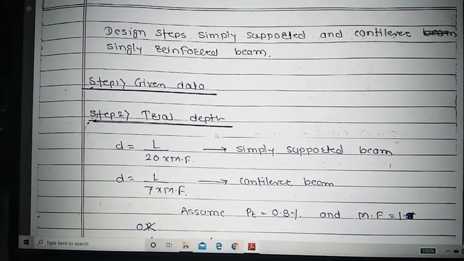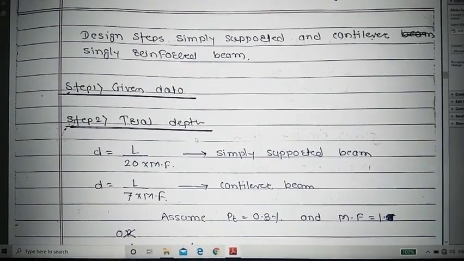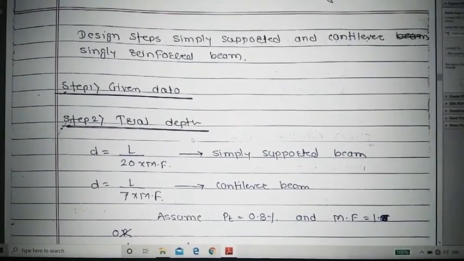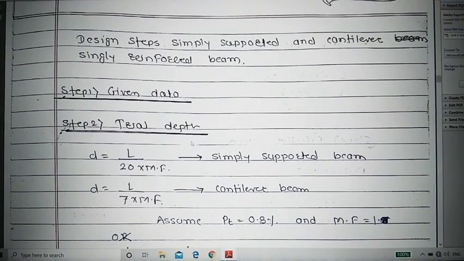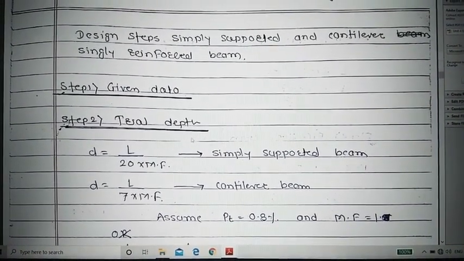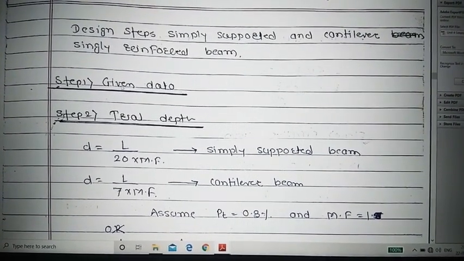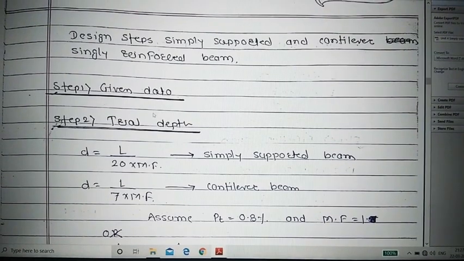Hello. In previous lectures, we have discussed the basic rules regarding designing of beam. Now here we will discuss the design steps of simply supported and cantilever single reinforced beam. So first of all, write down the given data which is given in your numerical, and in the second step calculate the